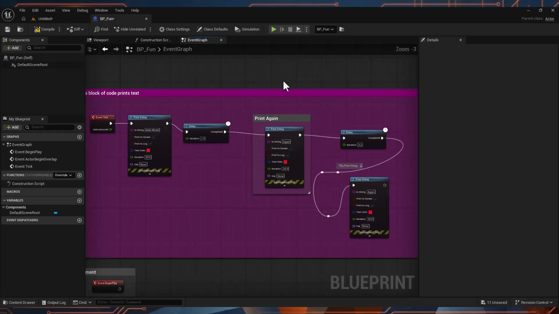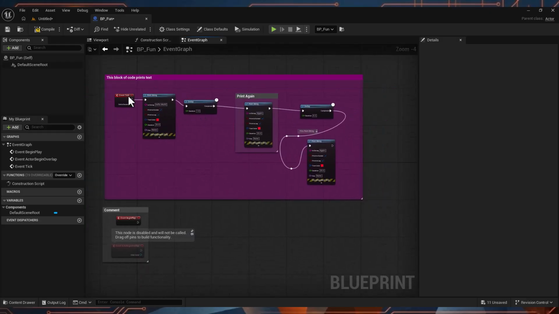I think this is a good place to stop. We got pretty good into comments, execution pins and all this other good stuff. And yeah,